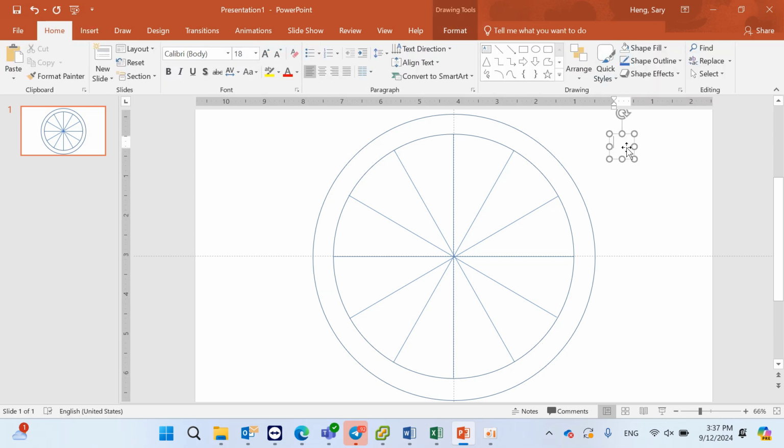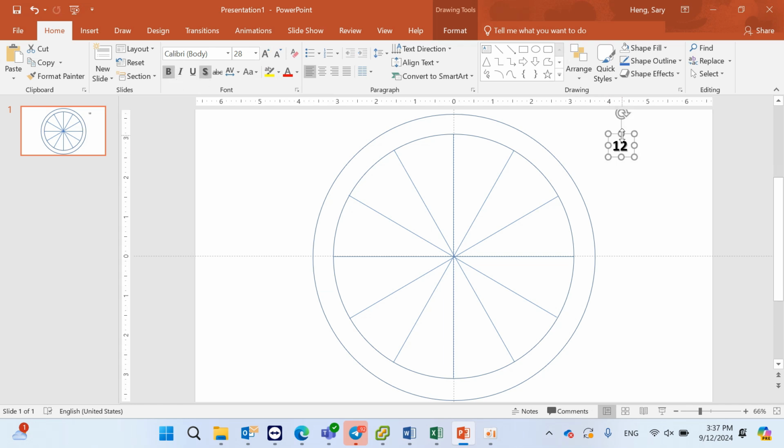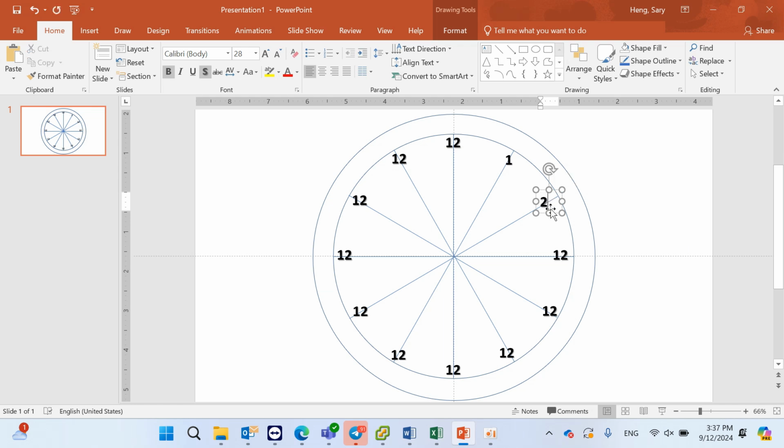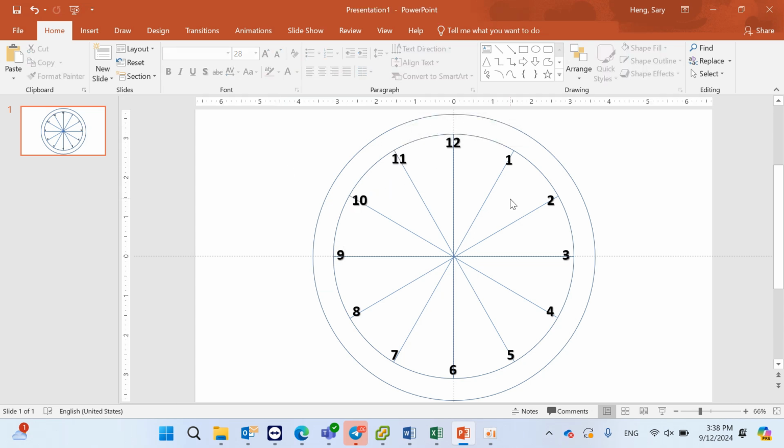and 12. I do from 12, I need it bigger, bold and with text shadow, just move it to here and press Control and copy it, edit it to the correct numbers, number 1 and number 2. Okay, so you can delete the line, you can remove the line,